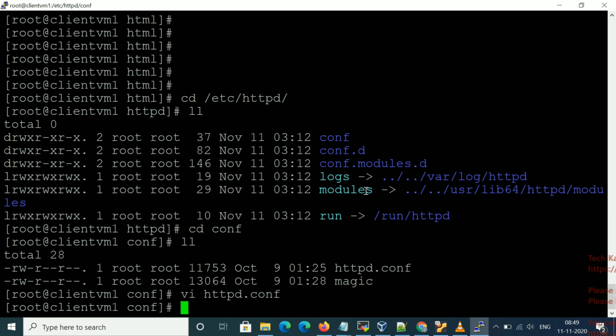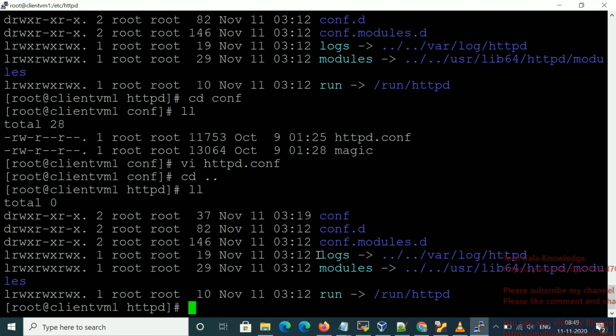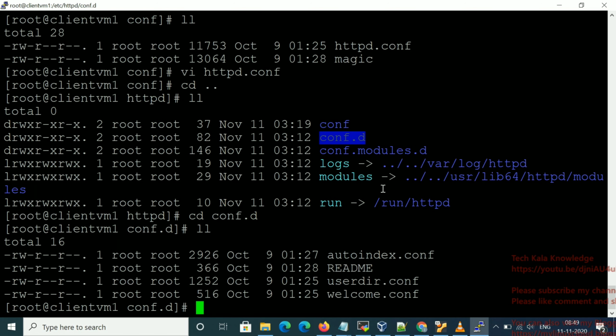Now let me come out from here. You can see one more directory is there, that is conf.d. Inside this conf.d, all the SSL related information you have to give here, like certificate related information.